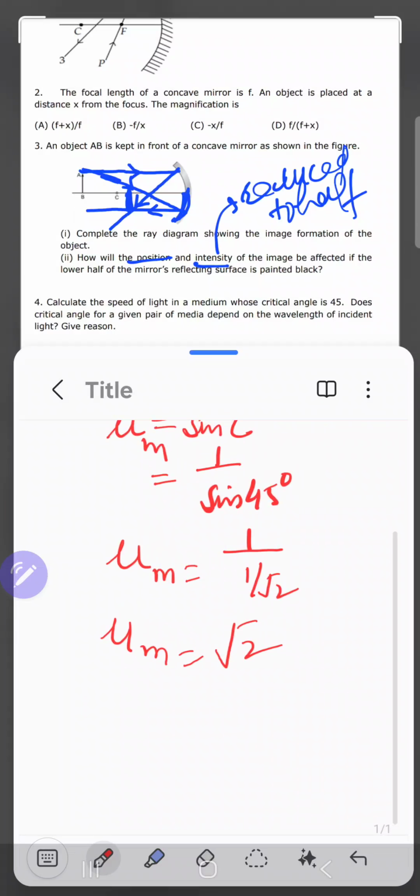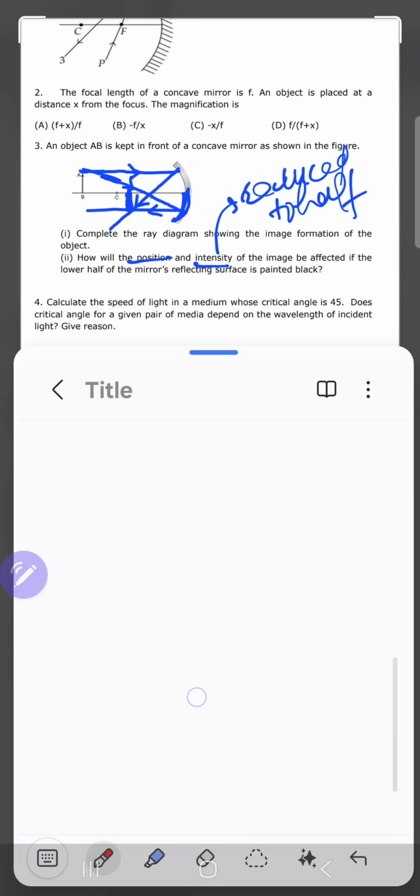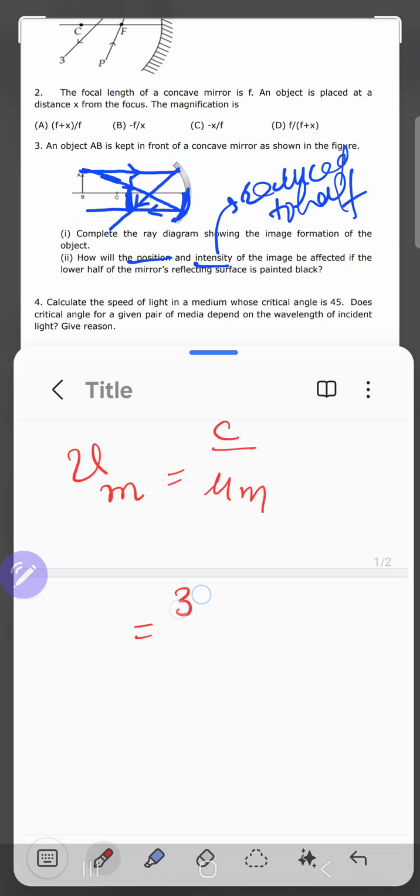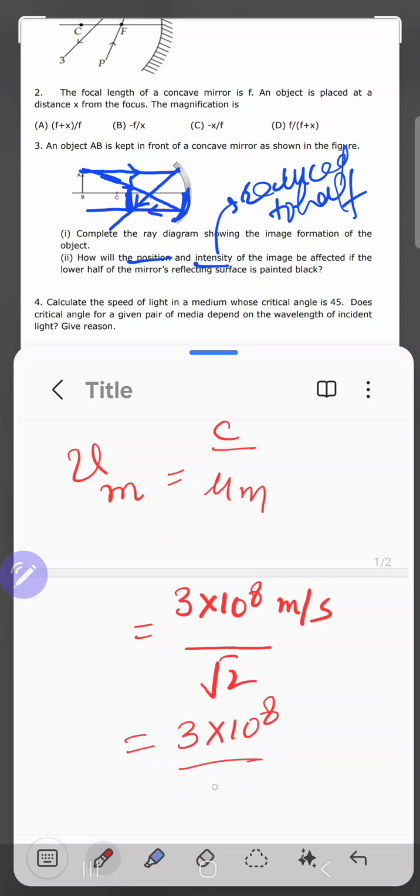Now velocity of light from refractive index we can easily find. So we know that velocity of light in the medium is inversely proportional to refractive index of that medium. So this is C over mu m. So we can write this as C is 3 into 10 raised to power 8 meter per second and mu m is root 2, that is 3 into 10 raised to power 8, root 2 is 1.41